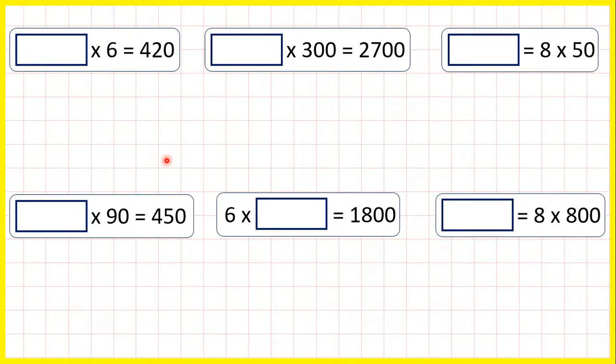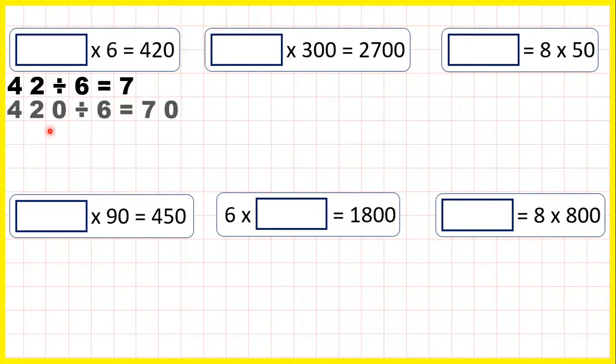So here we've got some missing number multiplication questions, and we can solve these using mental methods. So first, something times 6 equals 420. We've got a missing number in our multiplication, which means we can use division to find our missing number. Now we know that 42 divided by 6 is 7, so 420 divided by 6 is 70, because if we